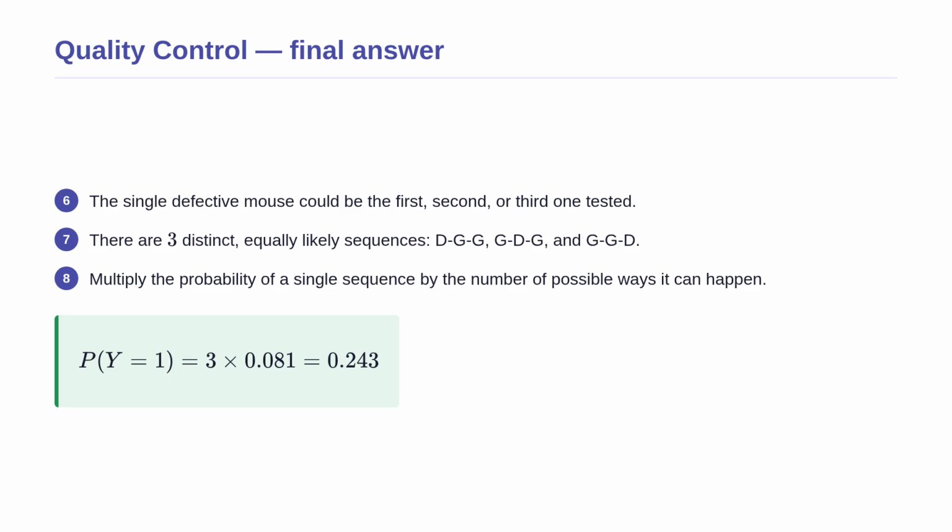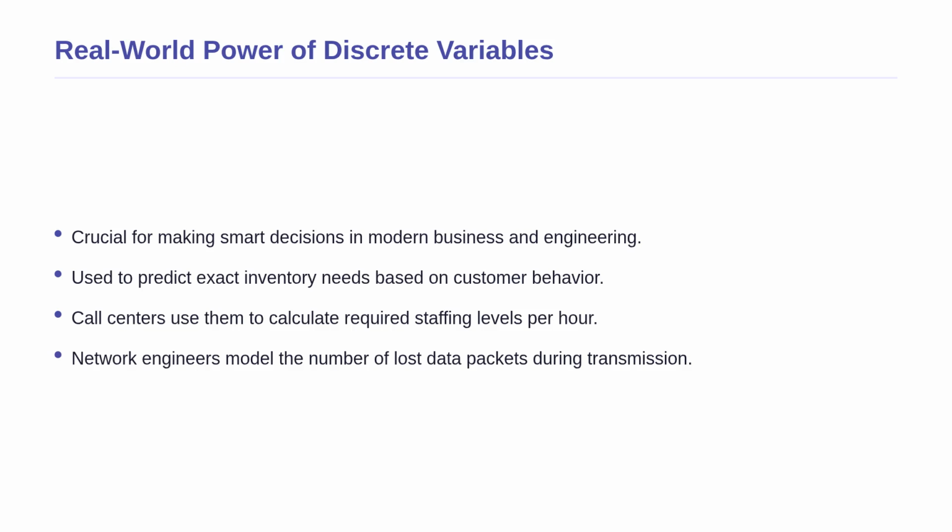Physically, this means that if the inspector repeats this test many times, they will find exactly 1 defective mouse about 24.3% of the time. Having solved these examples, you might wonder how this applies outside the classroom. Understanding discrete random variables is absolutely crucial for making smart decisions in the modern world. Whenever a business needs to manage inventory, they use these variables to predict the exact number of products customers will buy tomorrow. Call centers use them to